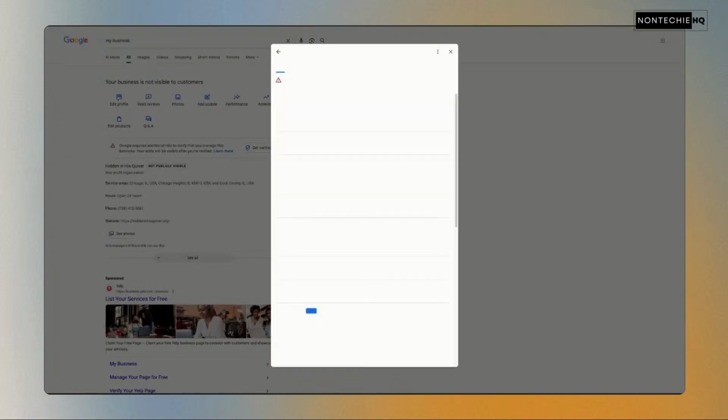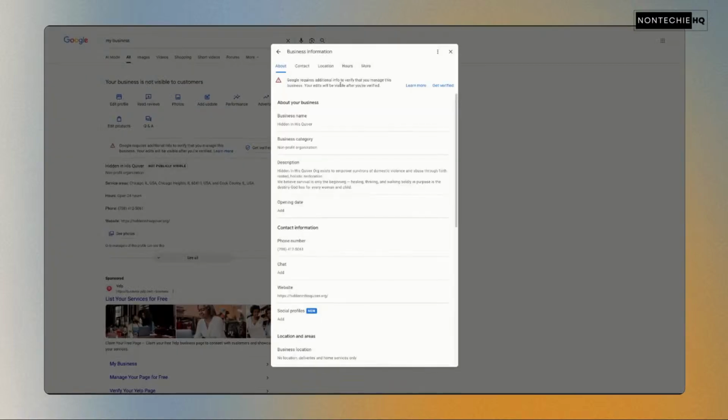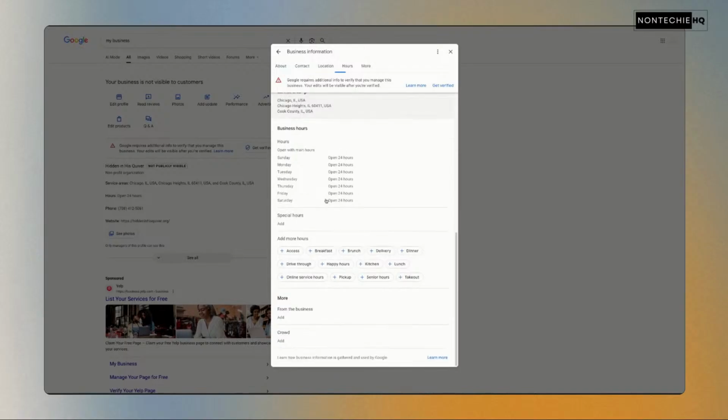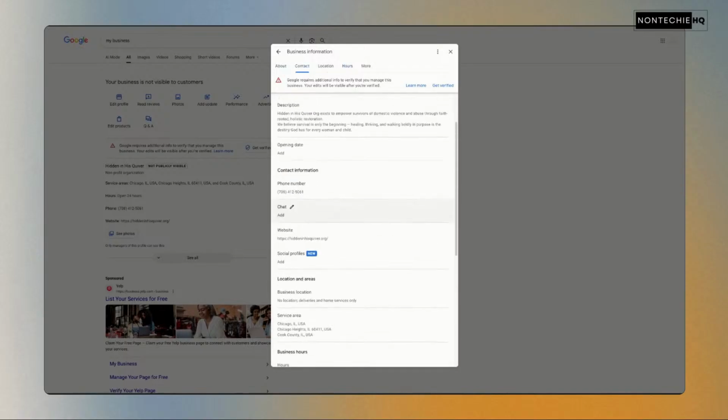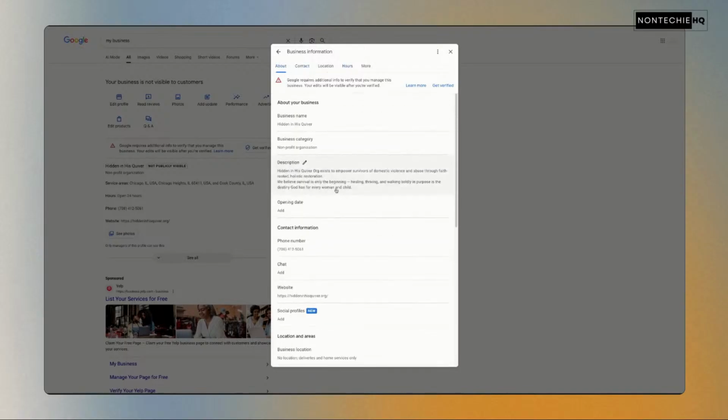Now, in this edit profile is where you could go through and update and edit the information that you put in. You want to make sure your description is optimized for the services or products that you have. Making sure that those keywords are in the description, but written for humans, not for computers. Keep that in mind.